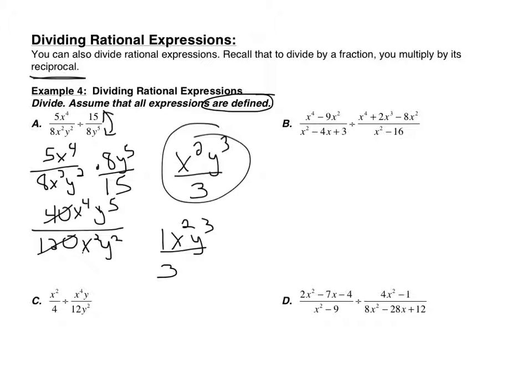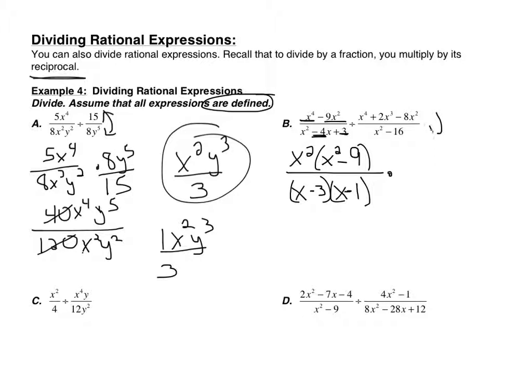In letter B, we're going to have to go ahead and factor, and we need to flip over our second fraction. So in the first one, I have x to the 4th minus 9x squared. I can factor out x squared from both. So if I take x squared out of x to the 4th, I end up with x squared. If I take out x squared and negative 9x squared, I get negative 9. And then that's all over. And on the bottom, I have x times x, and what multiplies to get 3 and adds to get 4? Well, 3 times 1, and then the middle is negative, so negative 3 and negative 1 make negative 4,